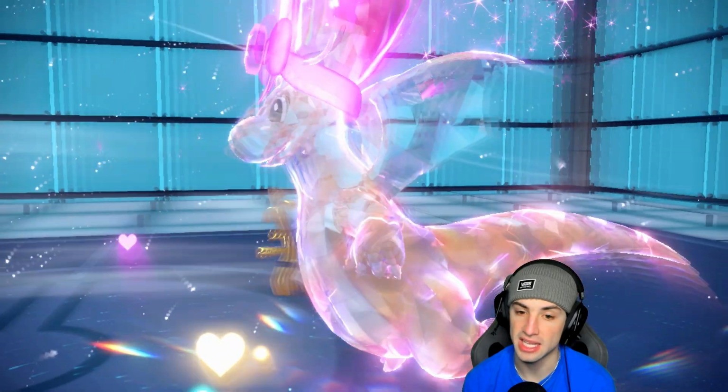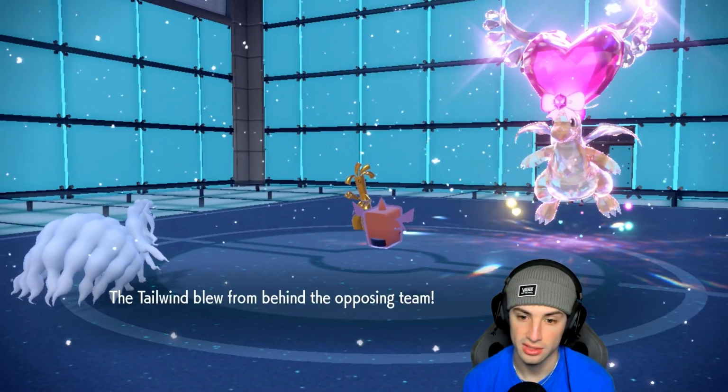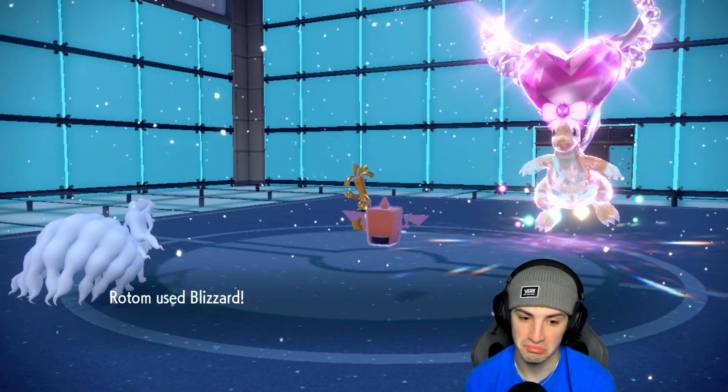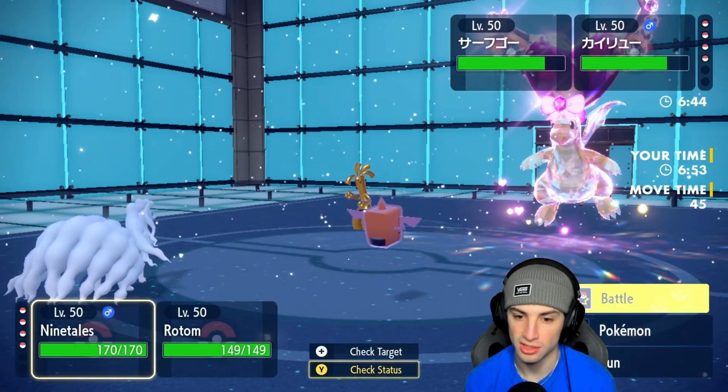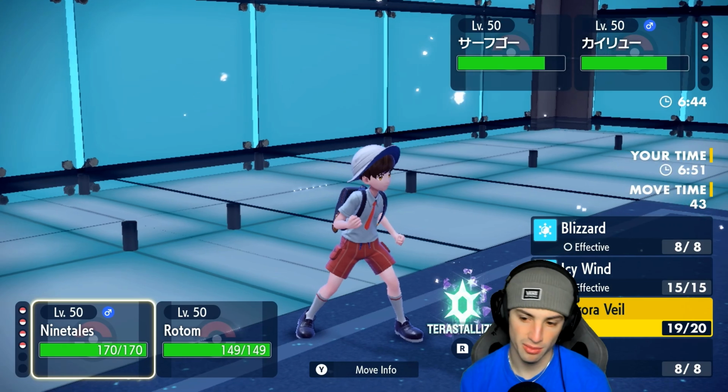He's gonna set up a Tailwind. Okay, that's a little scary. A little Tailwind action from the Dragonite. And I don't mind that turn. I'm able to do that. Do I get a freeze chance? No, we don't. And from here we could honestly